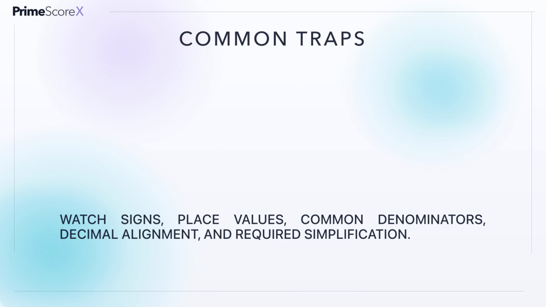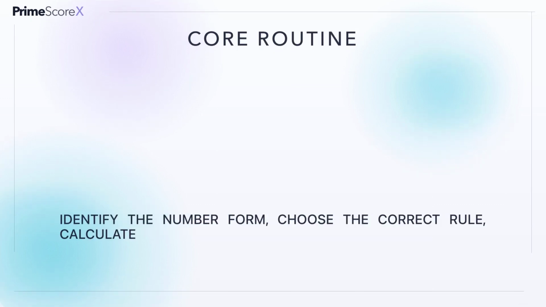Many errors come from procedure rather than difficult math. Check whether a number is positive or negative. Confirm that fraction denominators match before adding. Align decimal points. Simplify only after preserving the value. Finally, compare your result with an estimate. An answer such as 47, when the quantities are both less than 1, signals that the setup or decimal placement